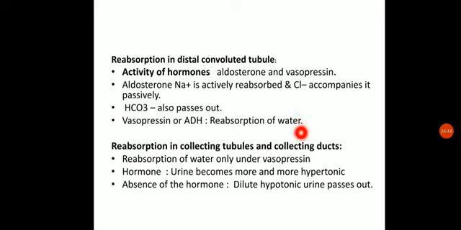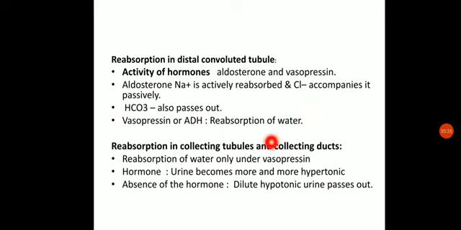Next is vasopressin, or ADH. Vasopressin, the name itself suggests, is a hormone which is released by the hypothalamus and poured into the blood by the pituitary gland. The name suggests it is responsible for pressing the vessels, that is, the blood vessels will be contracted. Okay, so it is responsible for maintaining the blood pressure. It is also called ADH, that is antidiuretic hormone. Antidiuresis is the opposite of the expulsion of urine, so it basically prevents urine release, or we can say prevents water loss from the body.